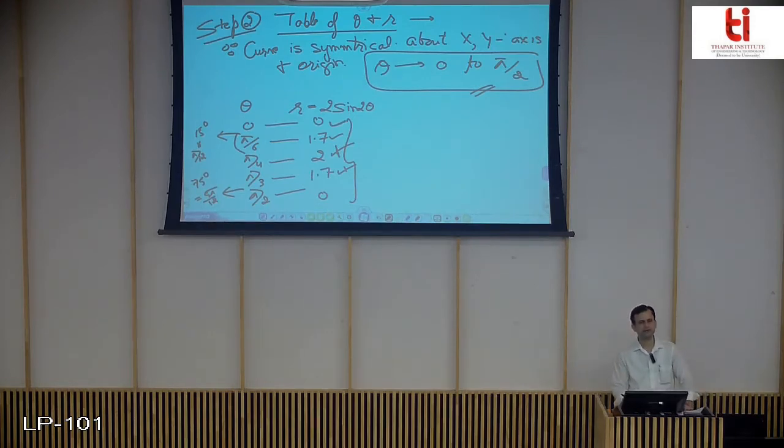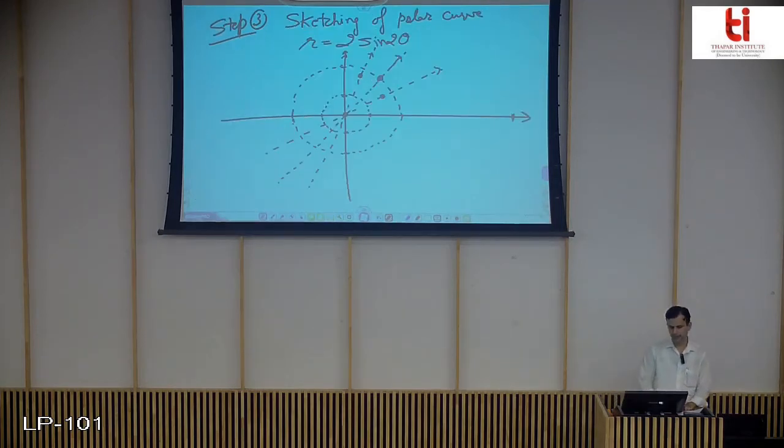We choose these values in radians. When we are computing these values in your calculator, it will be in radians: 5 pi by 12, pi by 12, pi by 6. Now here we join the points. By rough hand, I have told you, just give some curvature to the joining curve, and this is how you get the curve, joining 4 points with some curvature. If you take more points, this curvature will automatically come. Now this is the portion that we draw using your table.